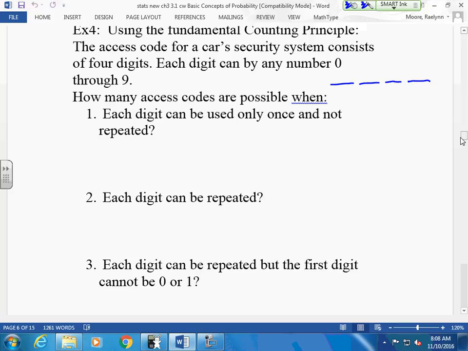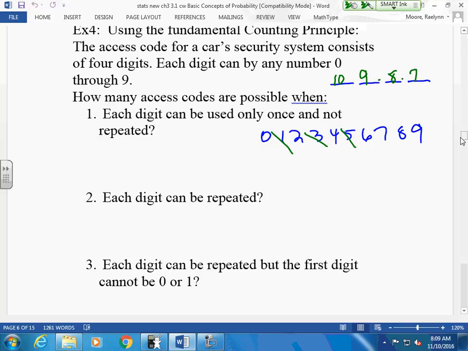please. All right, so you have 4 digits. Each digit can go from any number from 0 to 9. So there's your 10. How many access codes are possible when each digit can only be used once and not repeated? Okay, there's 10 digits. So I have how many choices for my first one? 10. If I chose a 1, how many choices for my second one? 9. If I chose a 3, how many choices for my third one? 8. If I chose a 5,